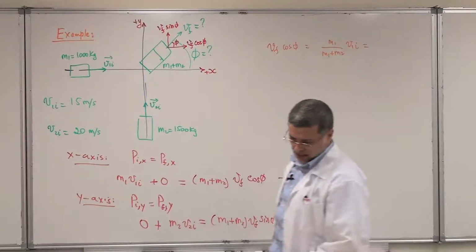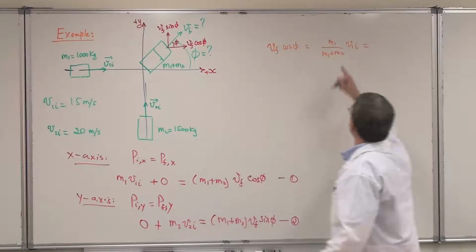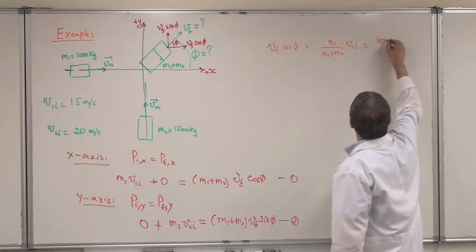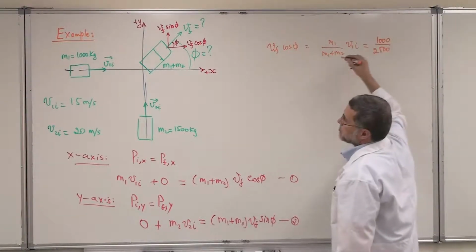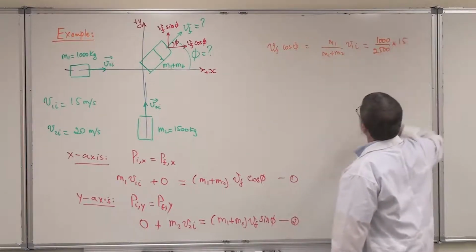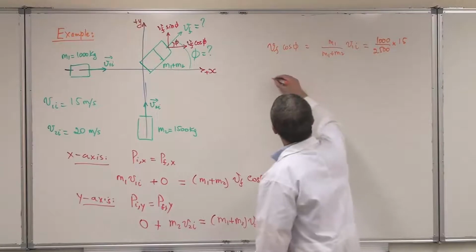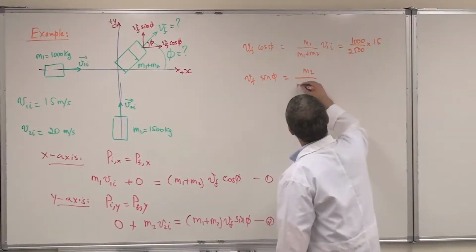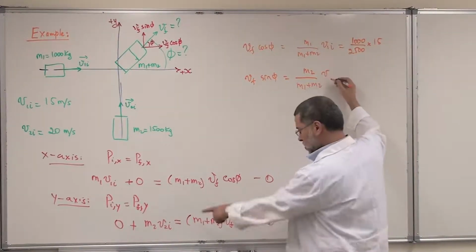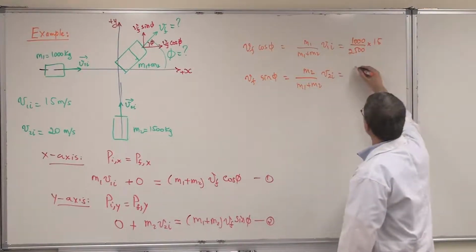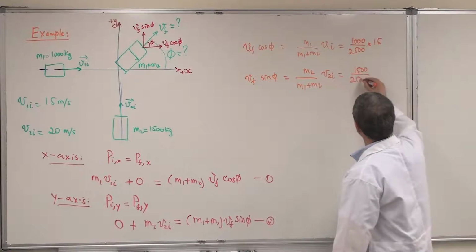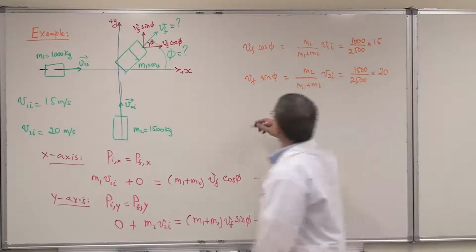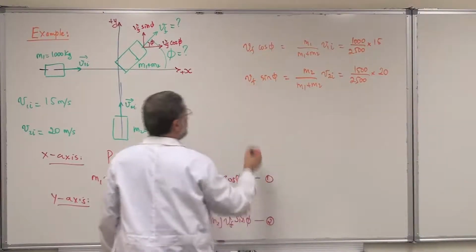This is 1000 divided by 2500 times v1 initial, 15. And from the other equation, v final sine phi equals m2 over m1 plus m2 times v2 initial, which is 1500 divided by 2500 times 20. So if I divide the two equations,